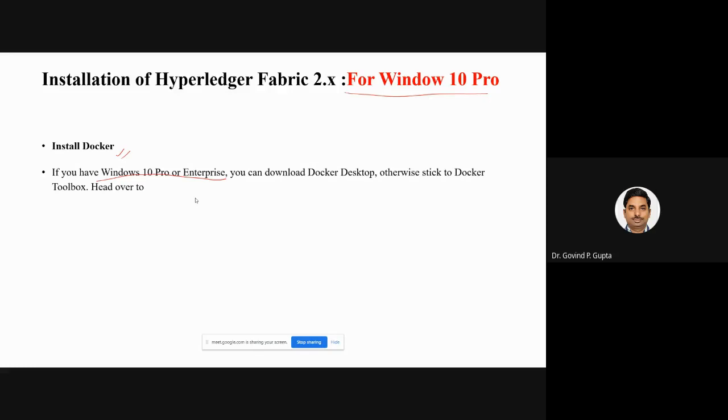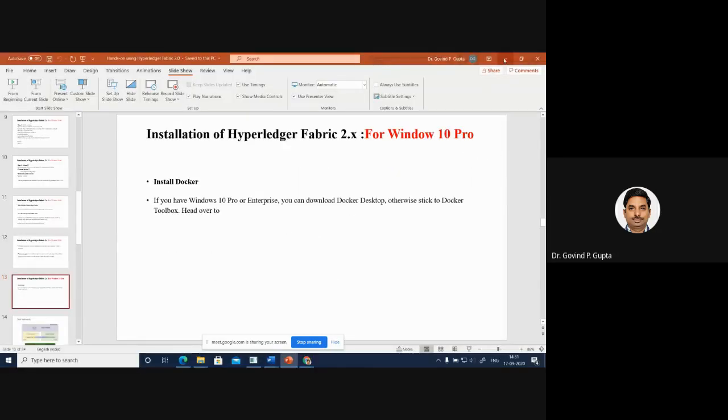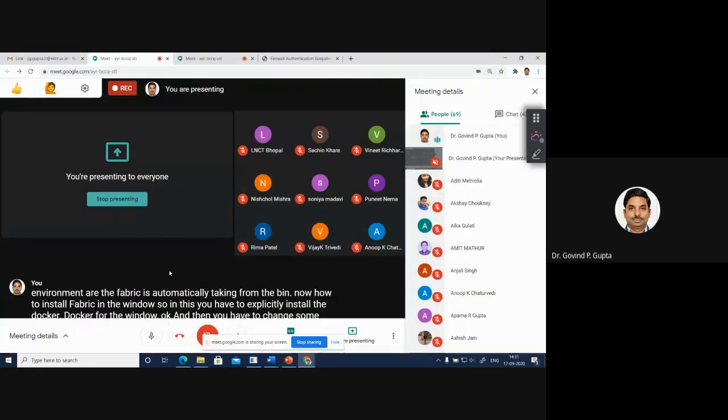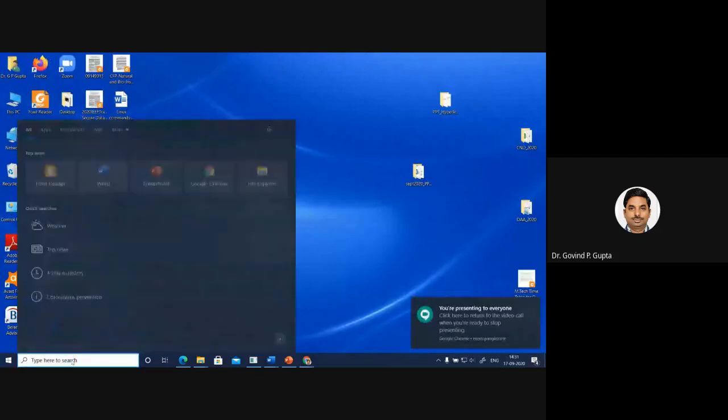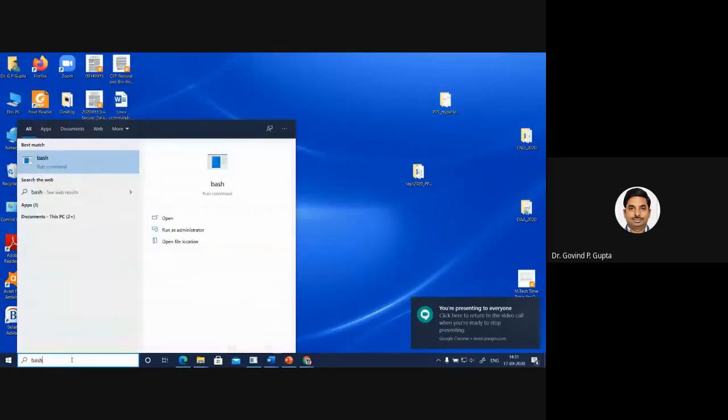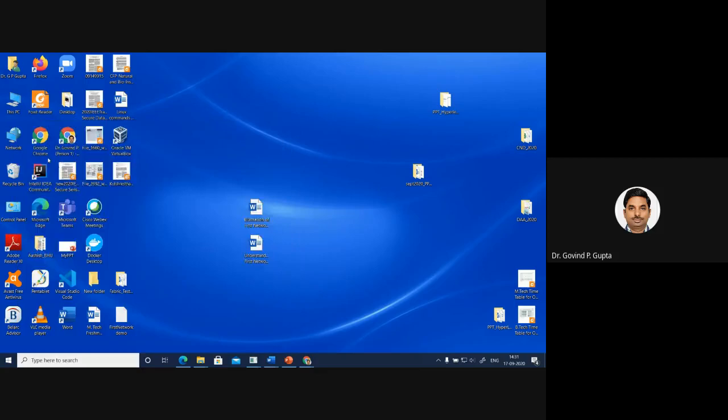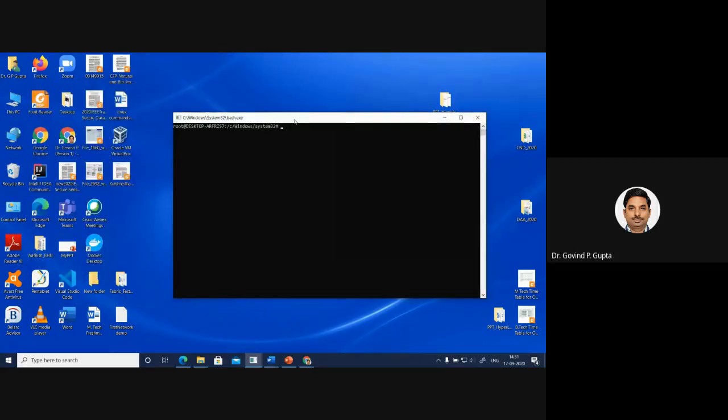I'm going to show this because I'm using Windows, since in this pandemic I'm taking the lecture from my home and I'm not able to use the workstation of my office. So I'm using my laptop. I have already set the Linux environment for Windows bash, so I simply type bash and a terminal is opened.